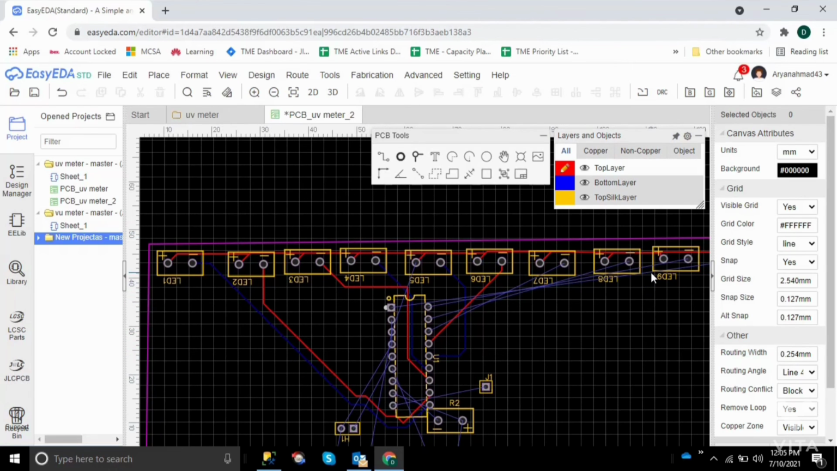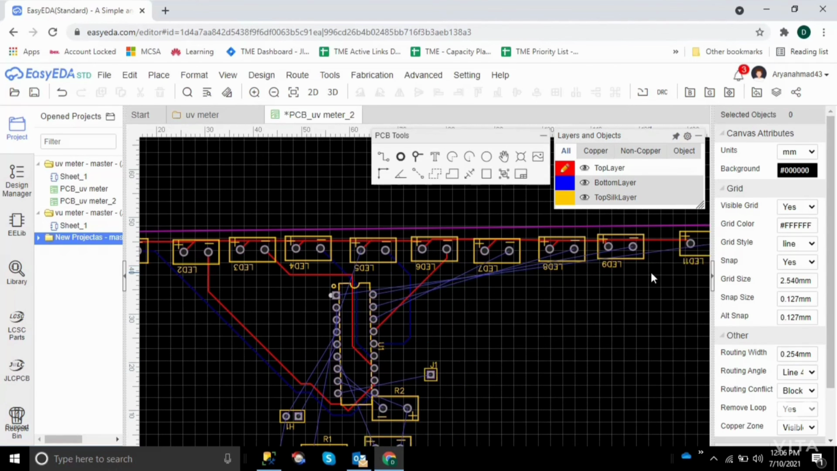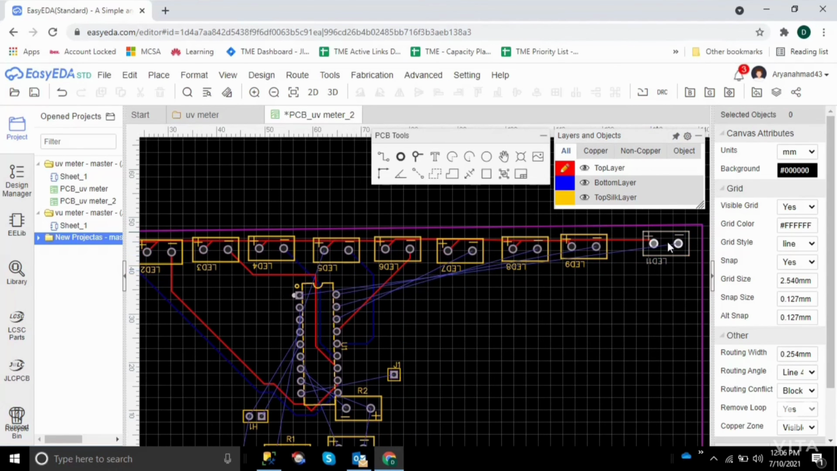Now you can see the remaining. There are two more that are left, which I can do later. It's used. Now I put